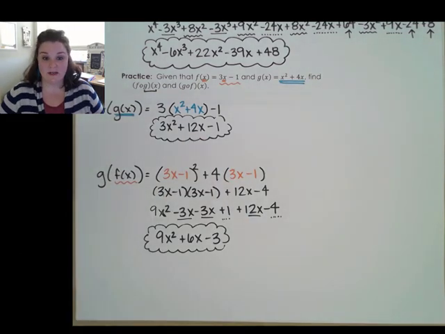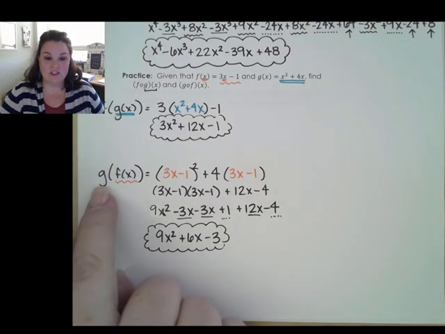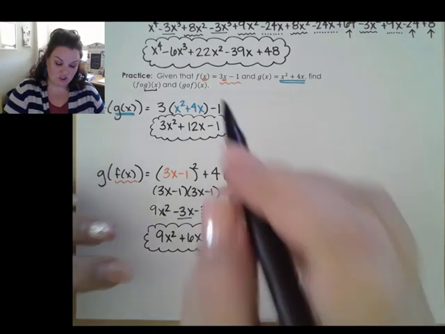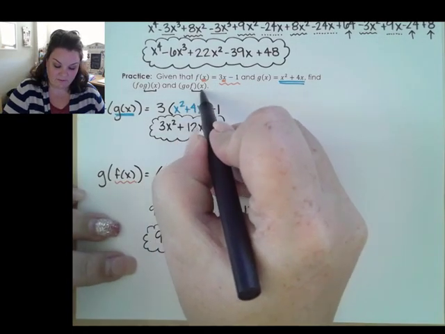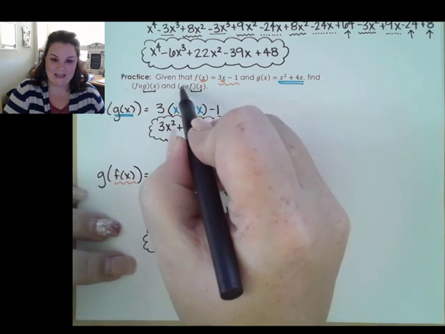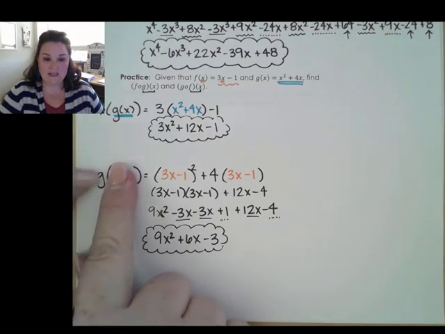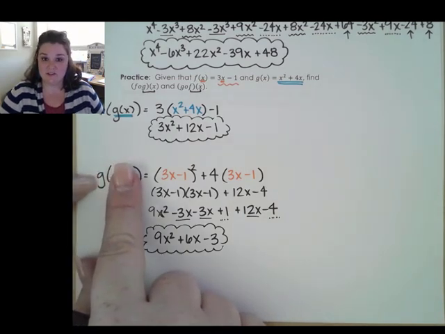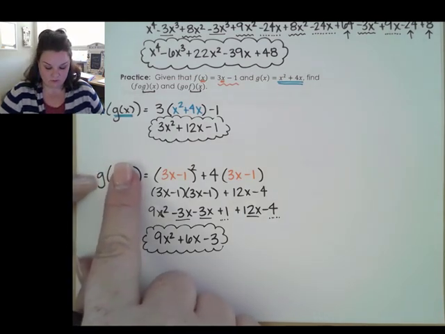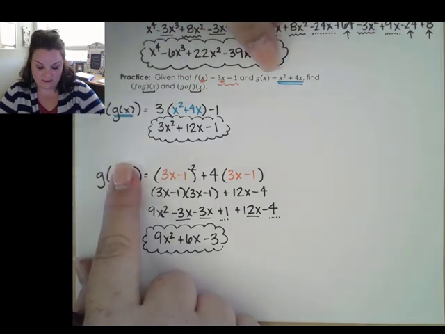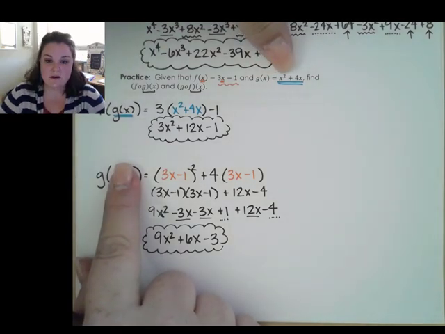All right, let's look at the second one. Second one, we're starting off with the g function, right? Because this is g composed of f of x. So f of x is what's going to go inside that outer g function. So we have g is what we need to know what it does to our input. So whatever I plug into g, if you look over here, it squares the input and then adds 4 times